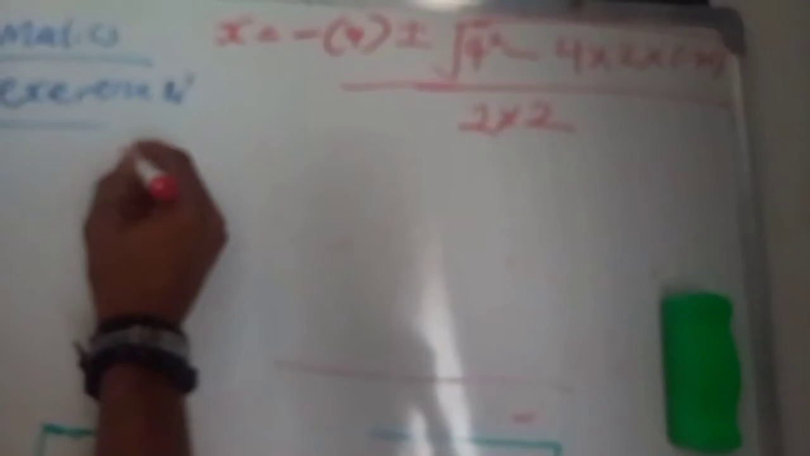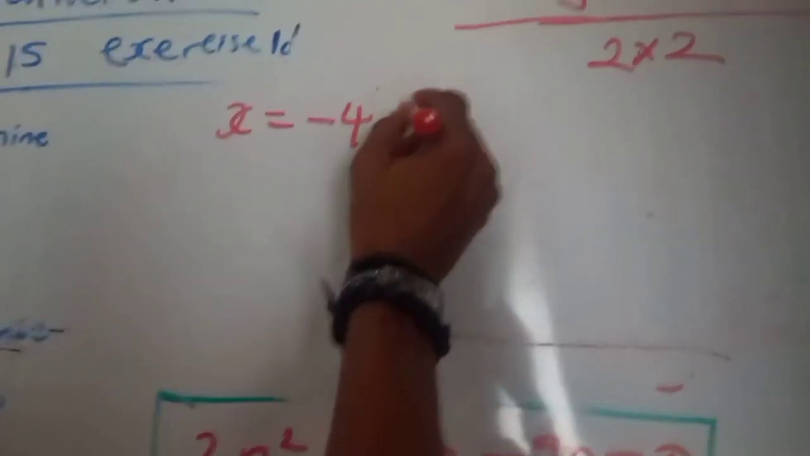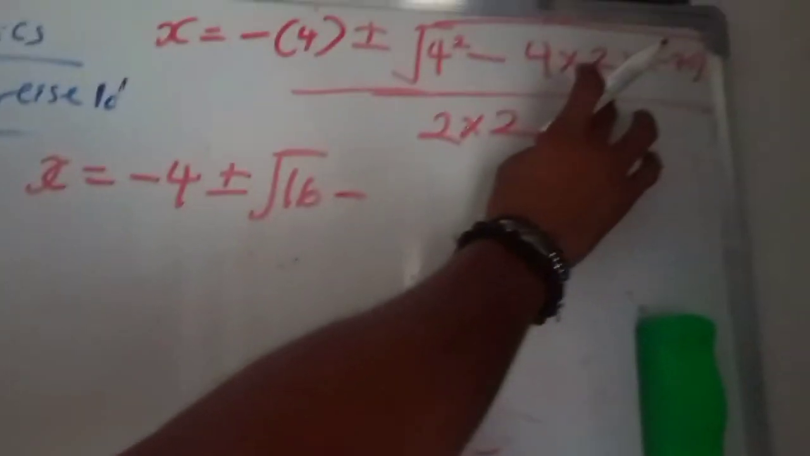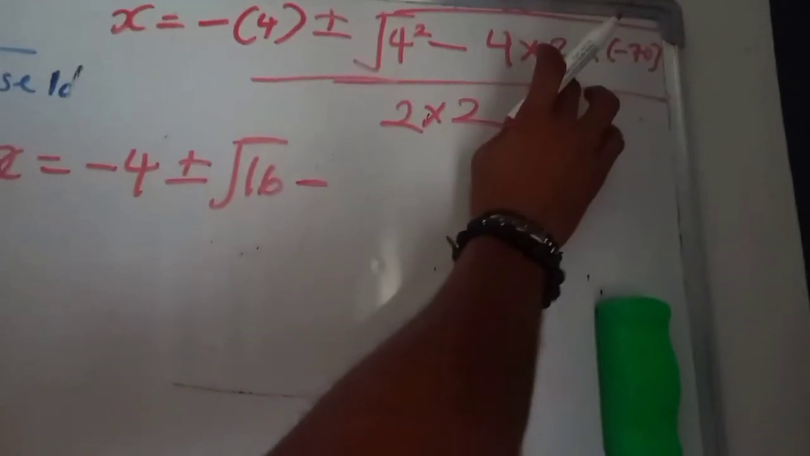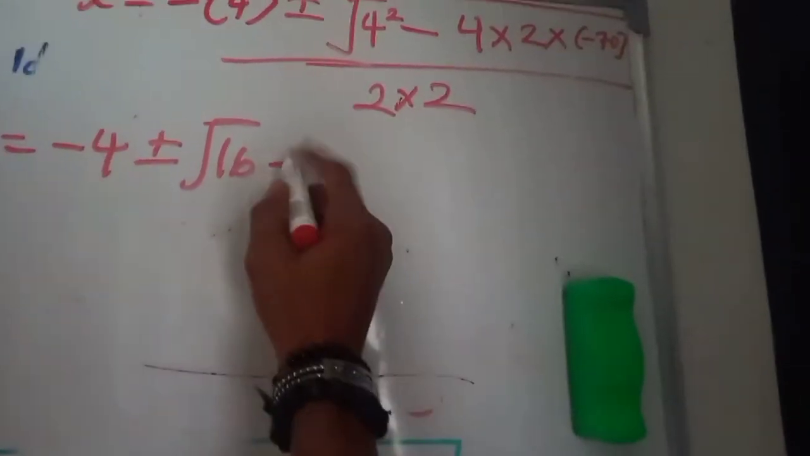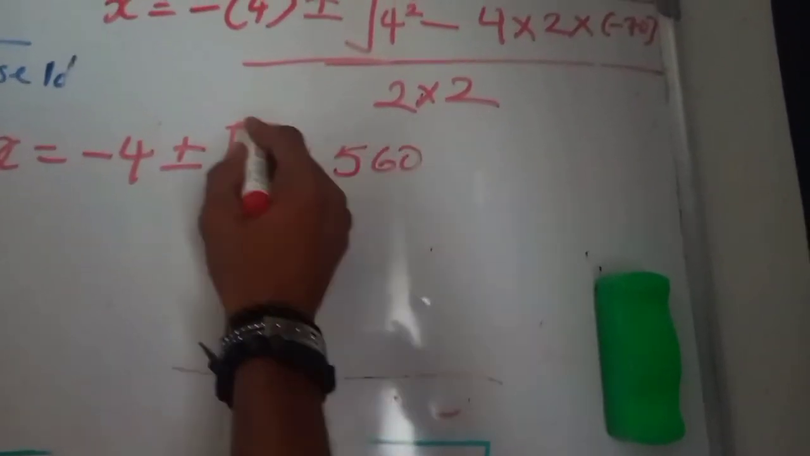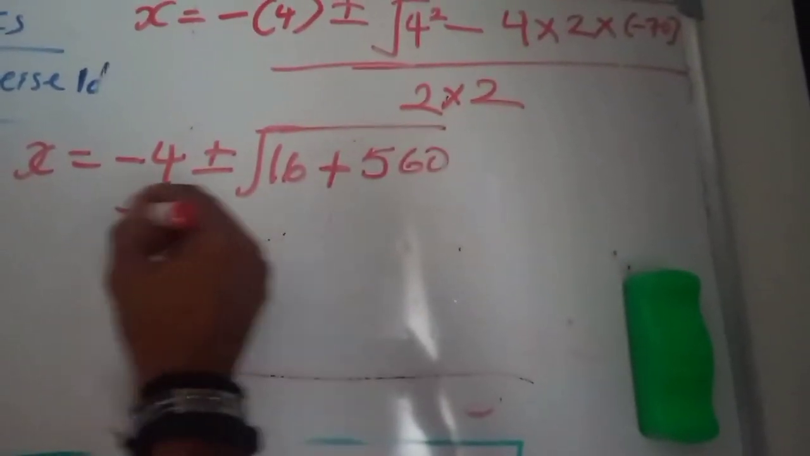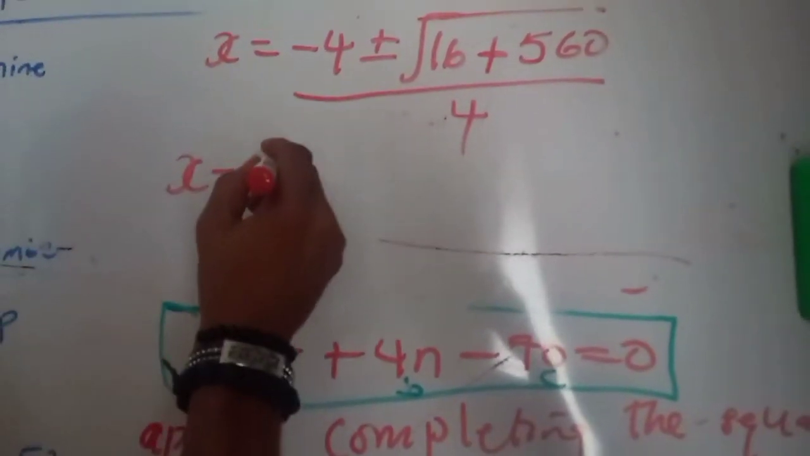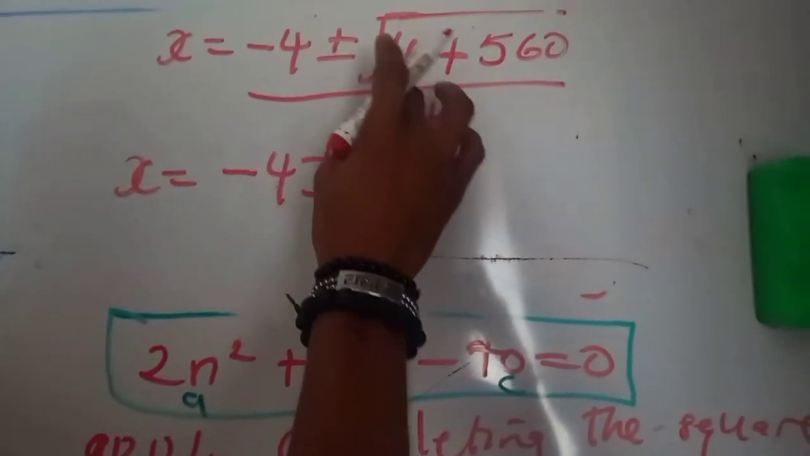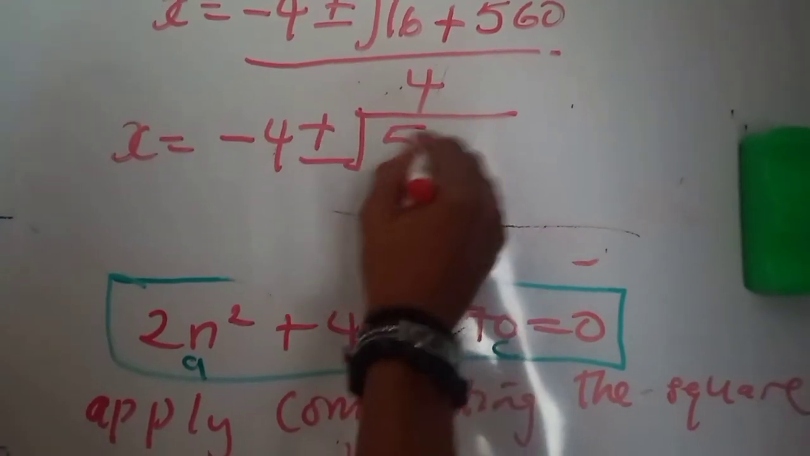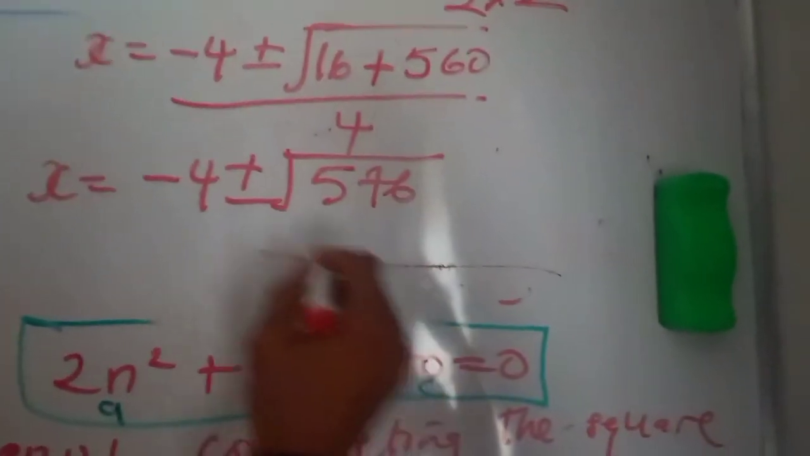So we can say that x equals minus 4 plus or minus 16 minus 4 times 2, which is 8. Minus 4 times 2 is minus 8, and minus 8 times minus 70 is plus 560. Use your calculator and punch all these things out. You see that they're correct. So 2 times 2 is 4. So x equals minus 4 plus or minus 16 plus 560, which is 576, over